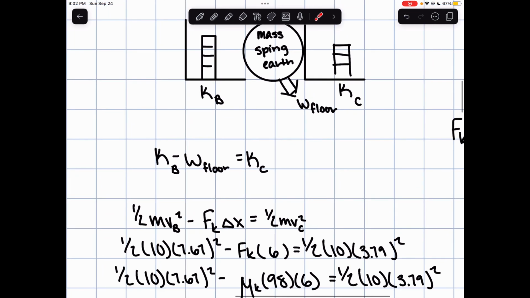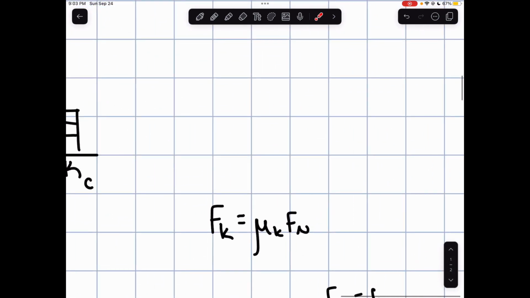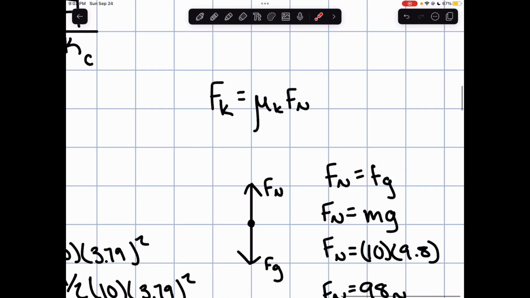So then we plug in numbers: the mass, the velocity at position B, the mass, the velocity at position C, and the distance between point B and point C. But how do we get to this coefficient of friction? Well, for this, we're going to have to look over here. We know that the force of kinetic friction is equal to the coefficient of kinetic friction times the normal force. So we can draw a little free body diagram down here and see that the normal force is equal